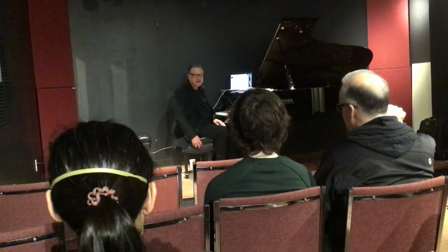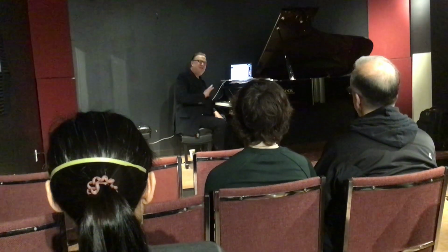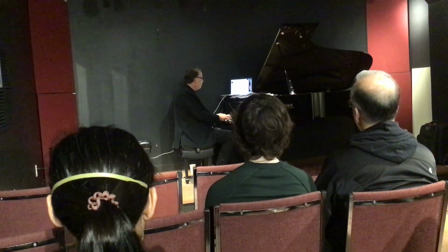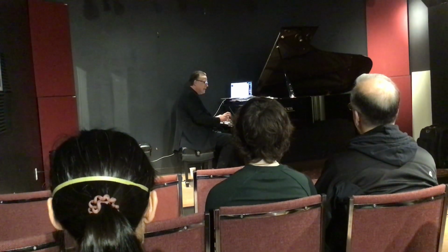A nice bench like this that's adjustable, it's always a good call. Because if you can adjust it, then you get yourself in a comfortable position. Like right now, this is just perfect for me, and I love it. So,